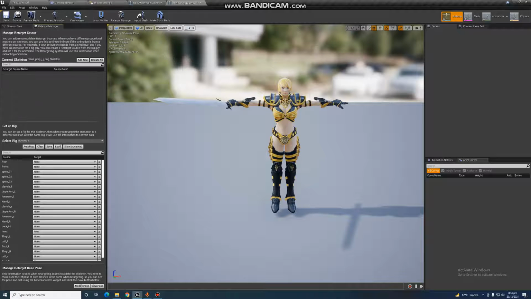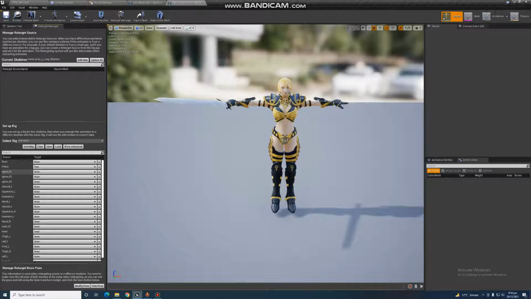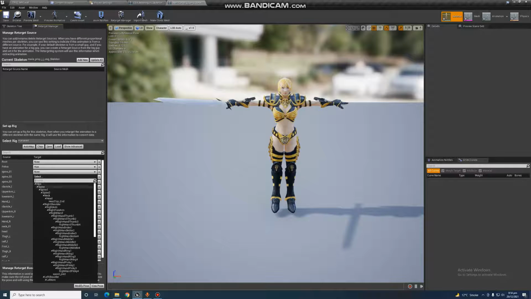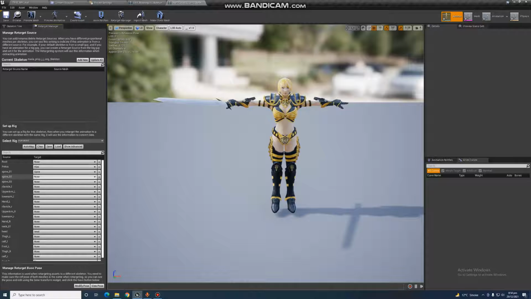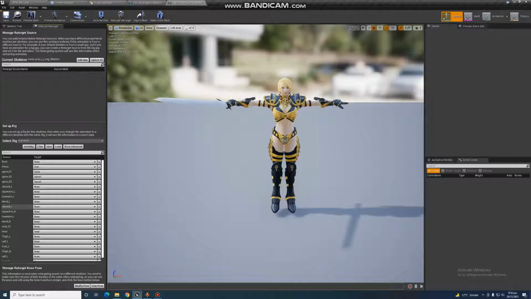So for that, let me go to humanoid rig and root motions. Select none. Don't select any root. For pelvis, select hips. For spine 1, select the spine. For spine 2, select spine 1. For spine 3, select spine 2. So now this is the clavicle, clavicle L means